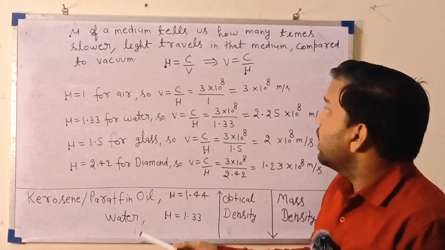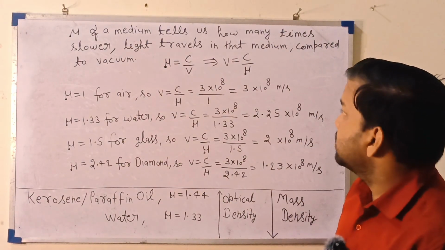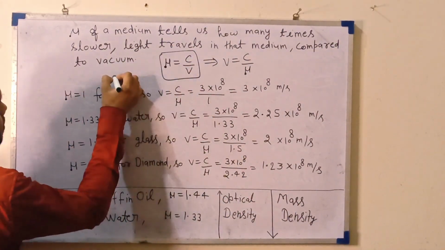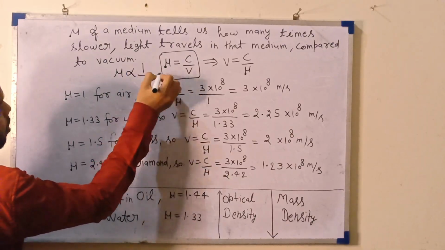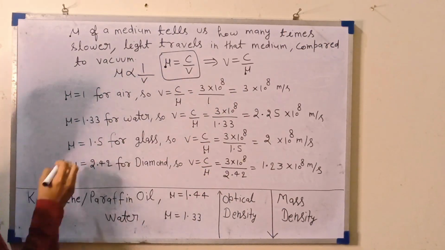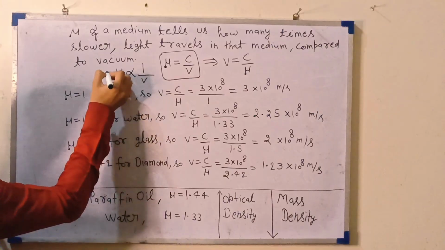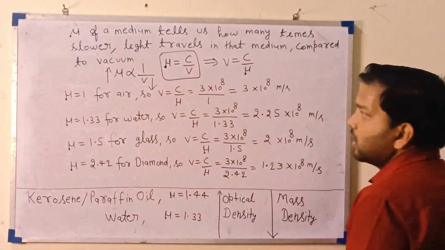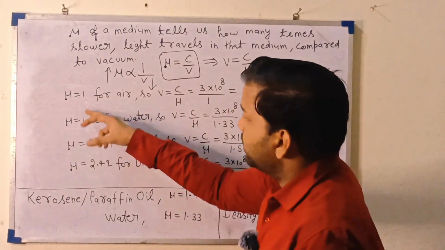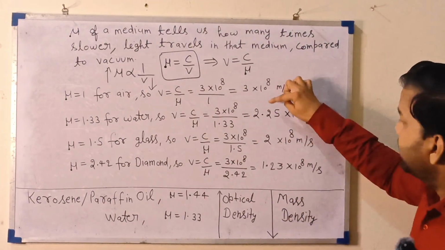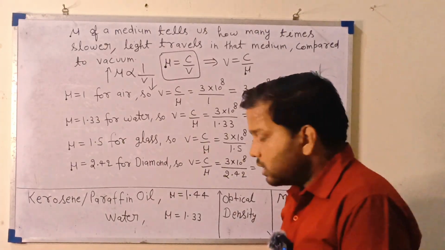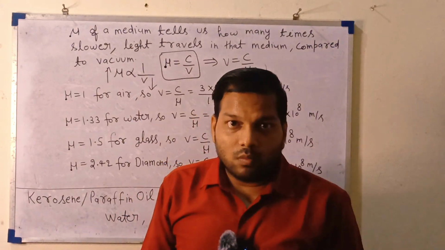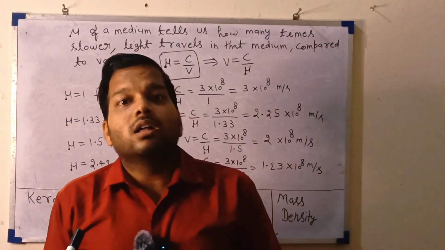You can see here, as the refractive index increases, although you can see from this formula, mu is proportional to 1 upon v, right? Mu increases, v decreases, obvious. As the value of mu increased, the value of v decreased. What do you mean by this concept? This concept tells us that, compared to vacuum, how many times slower the speed of light